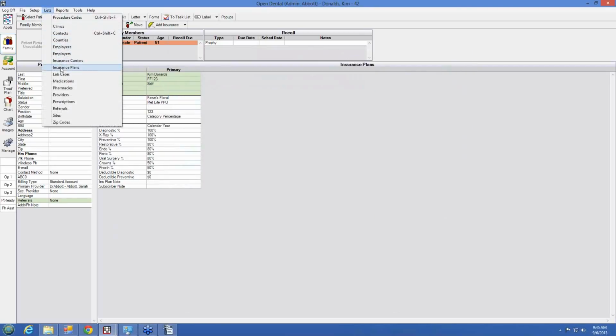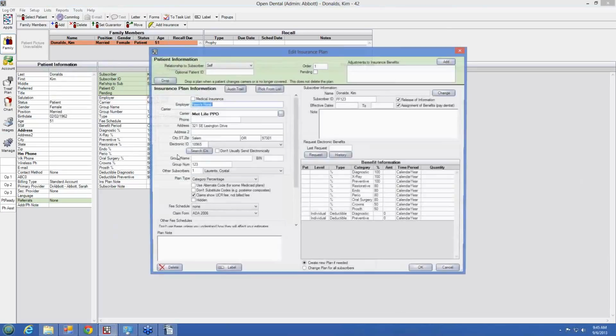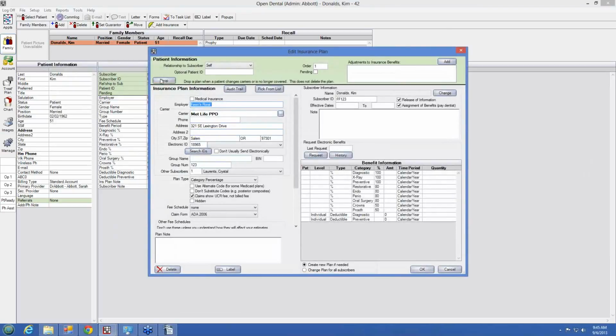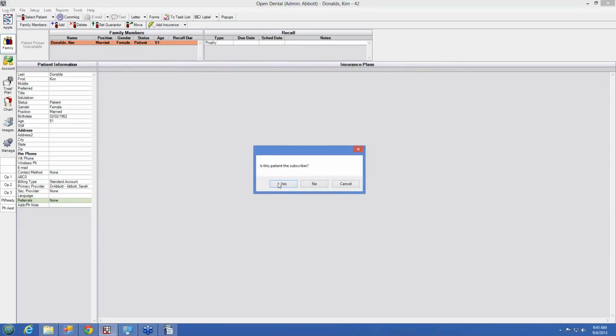Now, in the first example, I chose the Pick from List option. Using List and Insurance Plans, I can see here that there are two Fawns Florals, okay, one with Guardian coverage and one with MetLife. If I were to, and I'm going to go ahead and drop this plan, if I were to have manually added the information by using the Add Insurance button,